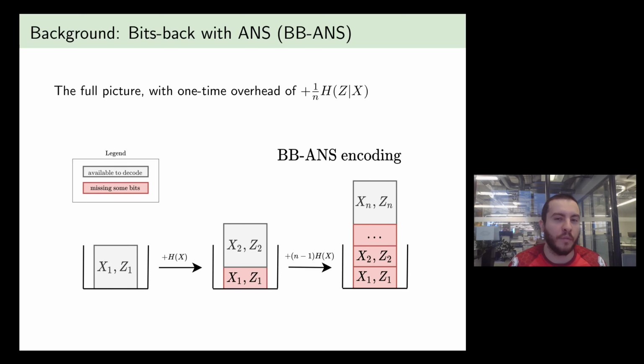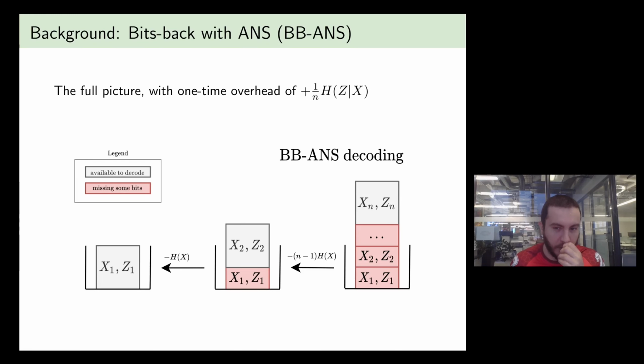So this one-time overhead is basically because the first z that you chose wasn't sampled. So we didn't consume anything from the stack, so we didn't get a reduction because the stack was empty to begin with. There wasn't anything to consume. But this one-time overhead will fall to zero as we encode more and more symbols, so it asymptotically does reach the rate of H(x). And decoding, as I mentioned before, just perfectly inverts these steps, so it just does the inverse procedure.